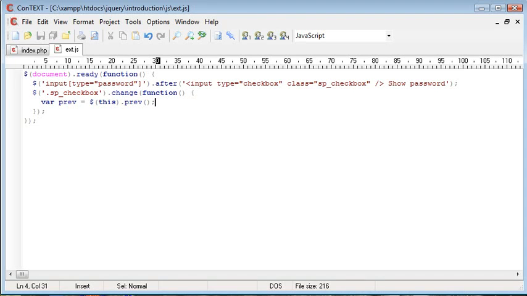And what this does is this variable now represents every input field that we have before this checkbox. So every password field that we have on our page. So now that we've done that, we can use this to obtain the value of the checkbox, so the password